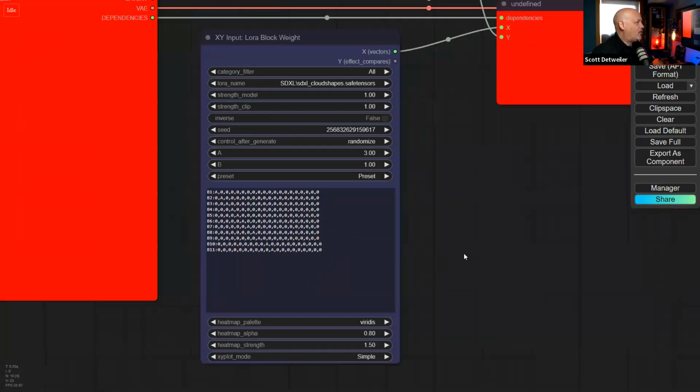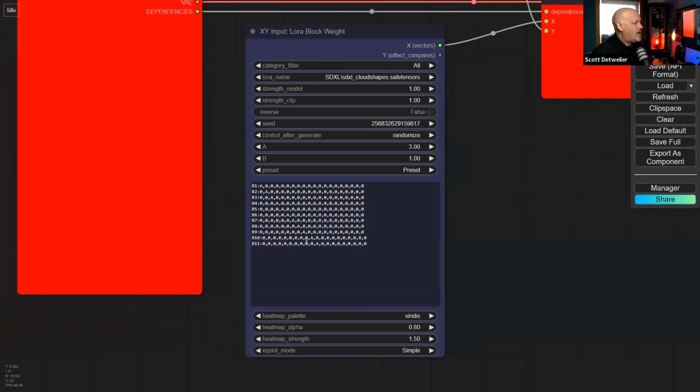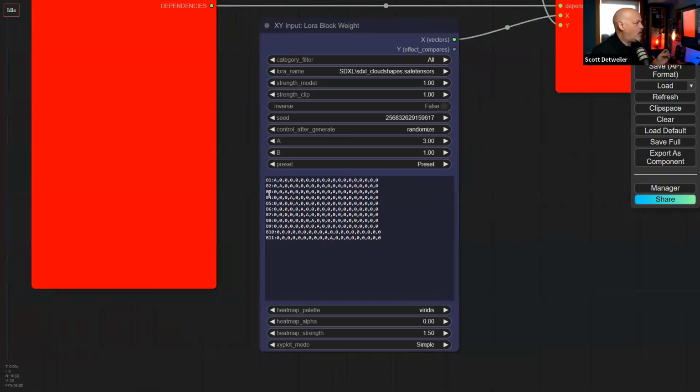This is another really interesting one here. The LoRA block allows us to manipulate which parts of the LoRA, because the LoRA, like in SDXL, is 20 blocks wide. We have 3 in the middle, and then we have all the sides. We can go through and input variables, for example, to see which parts of the LoRA actually do things to the image we want versus create junk. Especially if we're merging 2 LoRAs together, we can merge, say, the blocks at the beginning of one and the end of another and not have them step on each other. So there's a lot of really kind of cool capability in there.